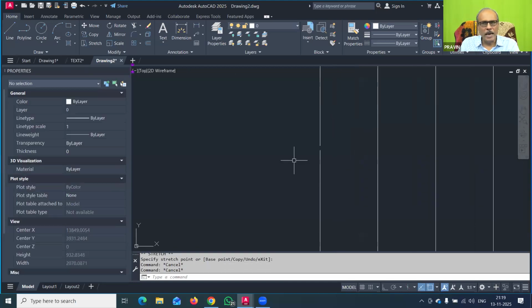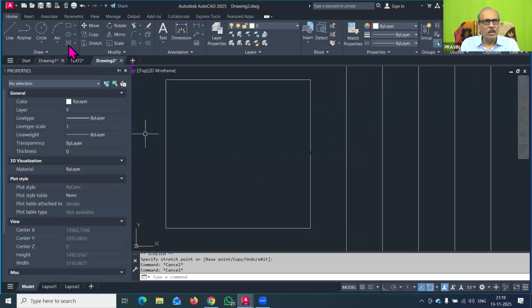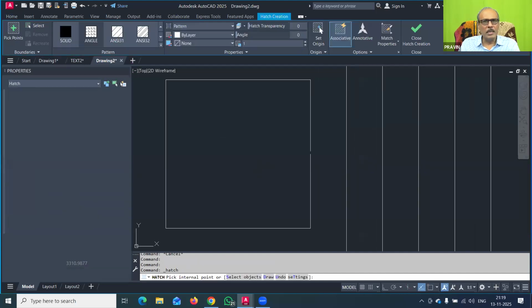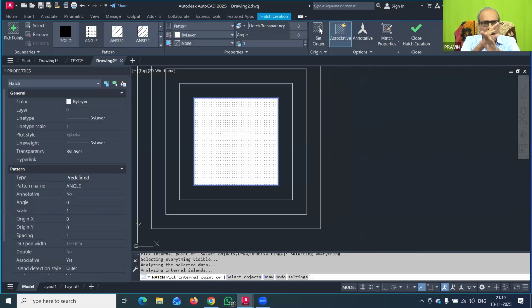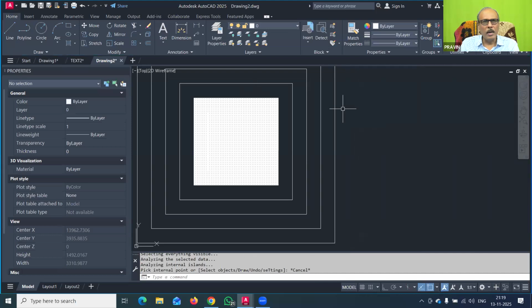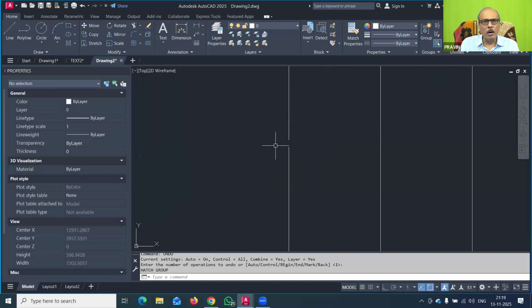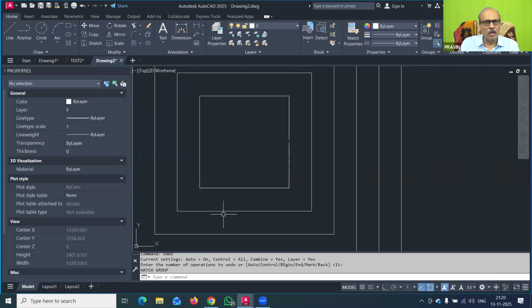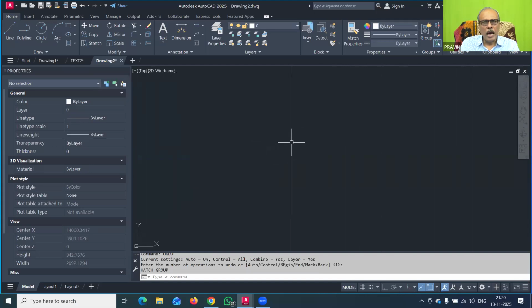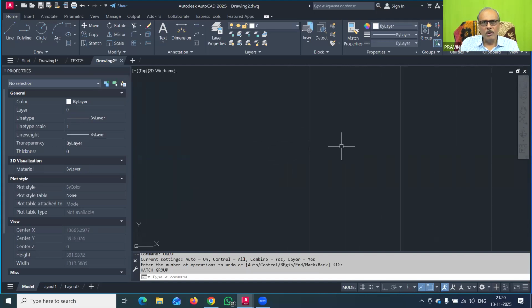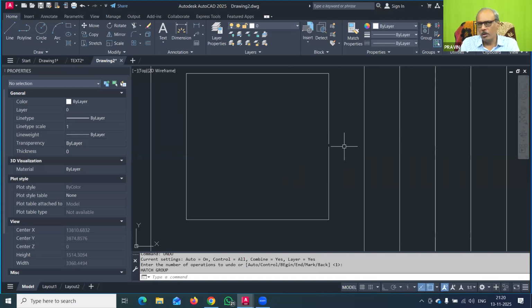And now if I try to hatch this, you have to understand what happens. You can go to the hatch command and click inside. You can see that the hatch went beyond that drawing. That is the important thing to be learned whenever you are using the hatch. I will undo. You have to see that if there is a gap in your drawing, or the rectangle or whatever shape was not a closed one, the hatch pattern will leak from there and also fill the outside. That is the important thing you have to remember about the hatch pattern.